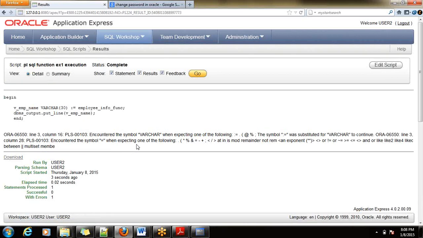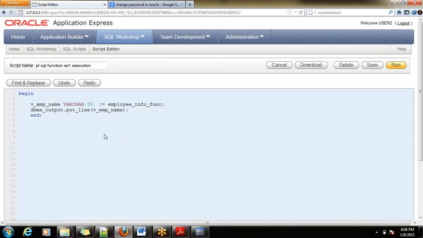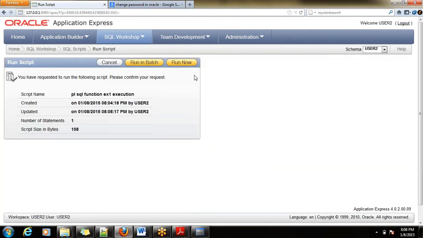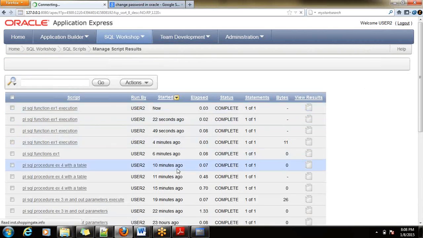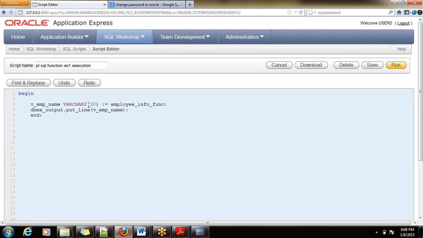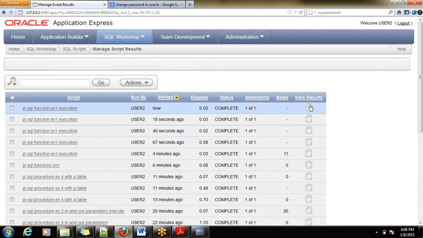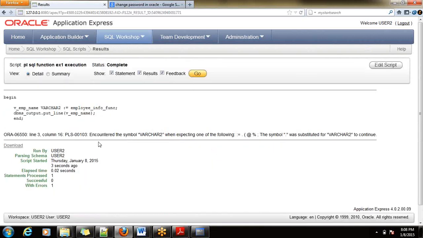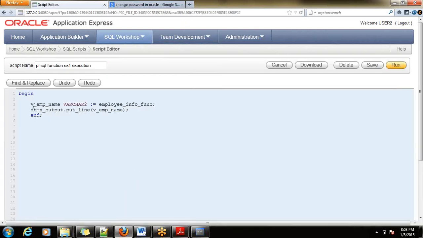Varchar. Let me give varchar 2. Without a size for varchar 2, let me try. Or let me try like this. Still it is throwing an error.